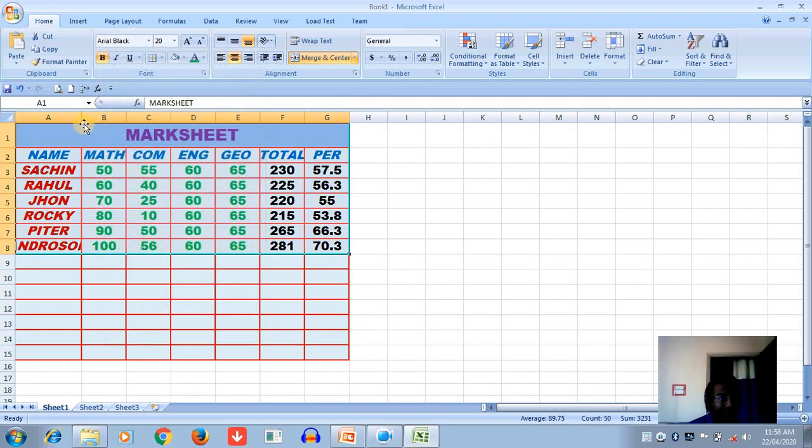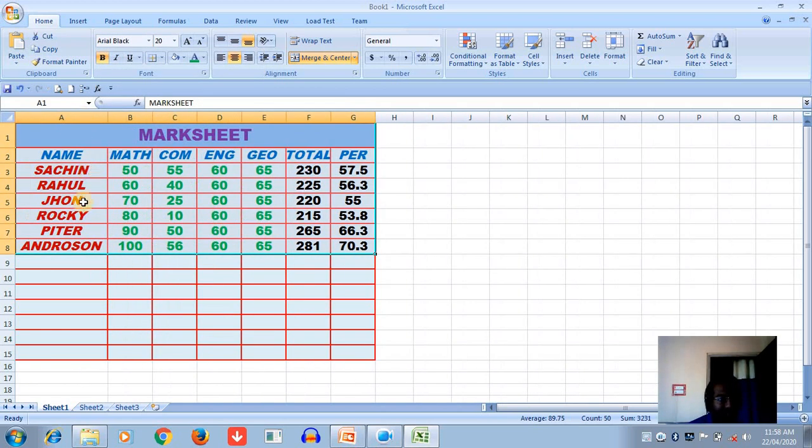Okay, Arial Black, and double click here to adjust it. So I hope students you understand what I have discussed today about formatting in a worksheet from chapter 2. Please practice at home, and you have to prepare and make a small format. So students, I hope you understand how to make a small format in Excel.